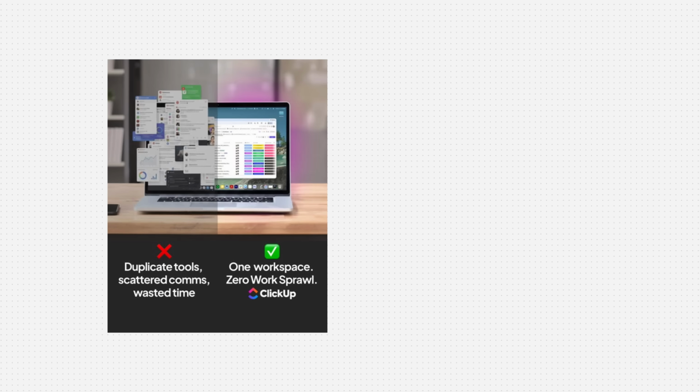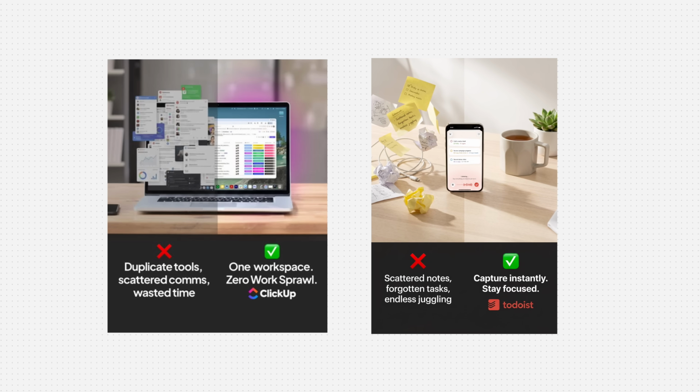Next, we have another ClickUp reference, and here is the Zeely result. The format is the messy versus clean split photo. Zeely kept the physical contrast, but recut it to our pane. Scattered sticky notes and crumbled paper on one side, one phone listening, say everything you need to get done on